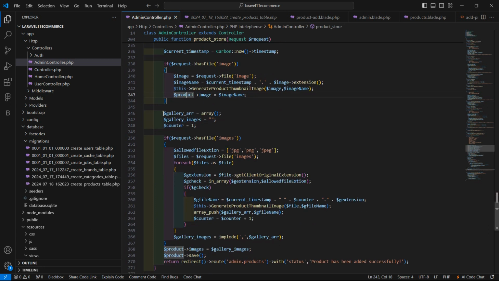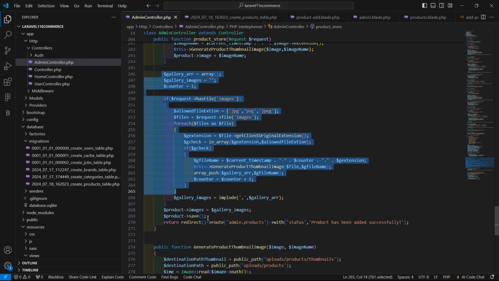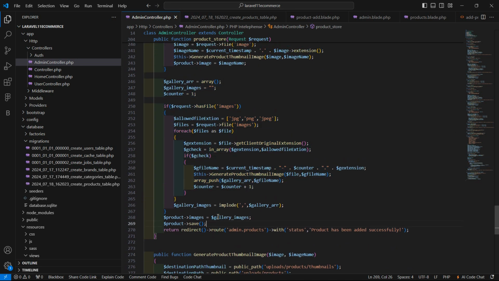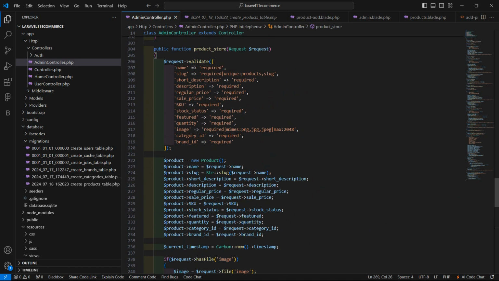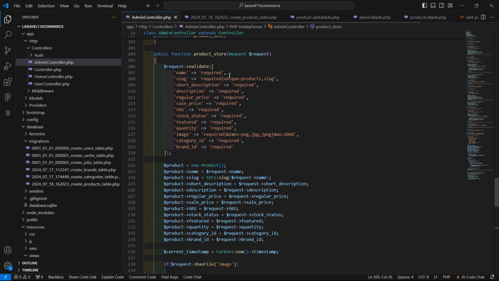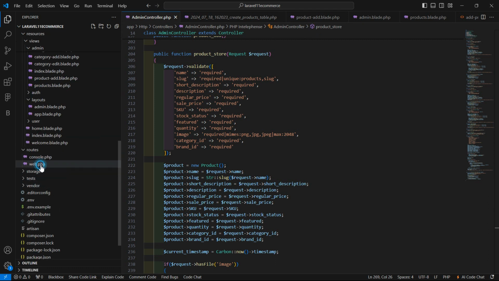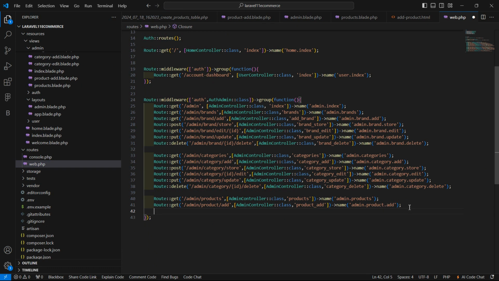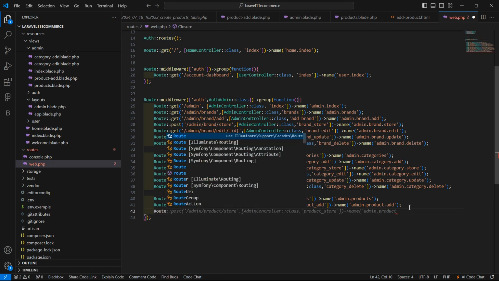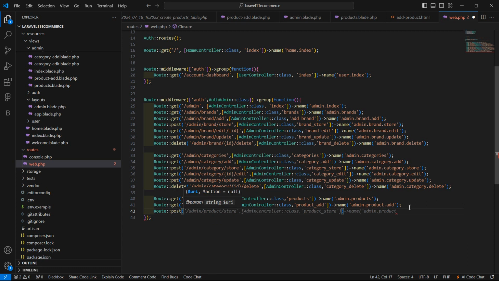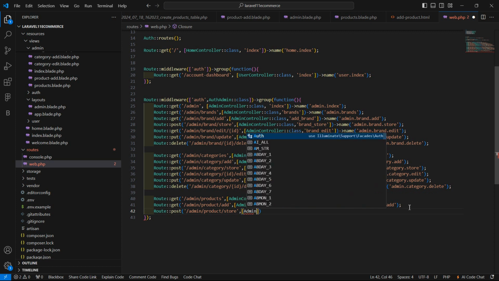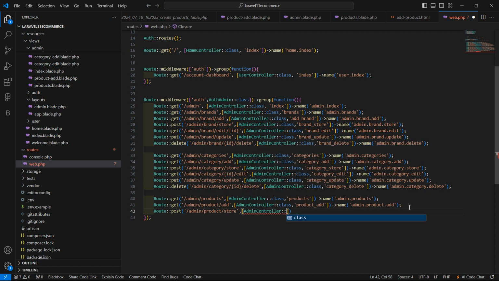Okay, and then this is for the gallery. Now save this, and now let's create the route for this function. So go to the web.php file, let's open this, and here let's create the route::post, and here the URI /admin/product/store. Then add the controller name, AdminController, then :: plus the function name, which is